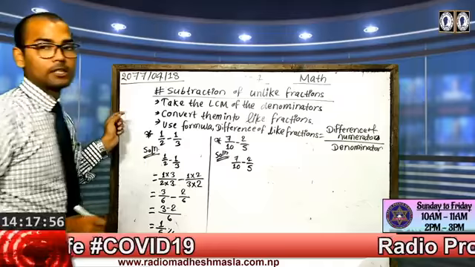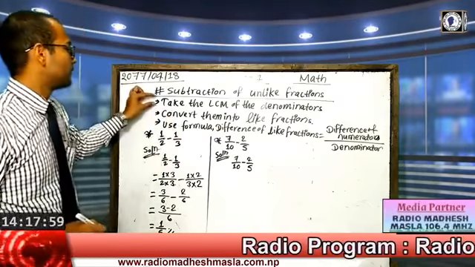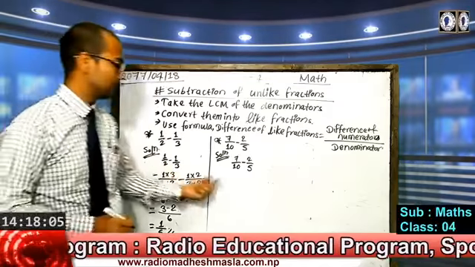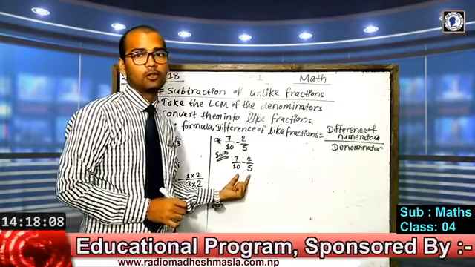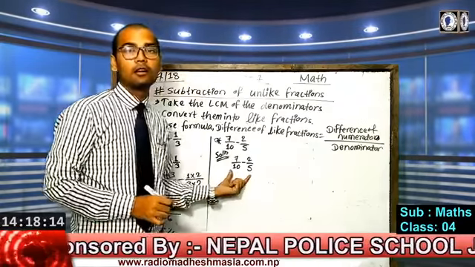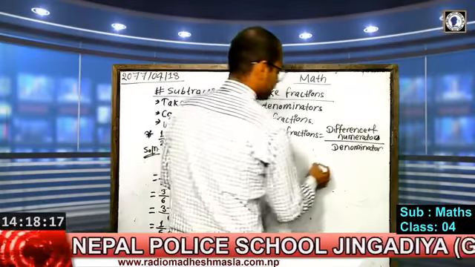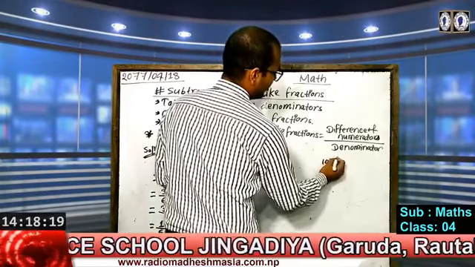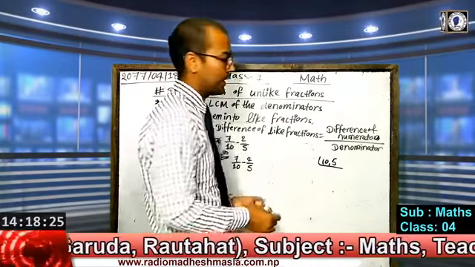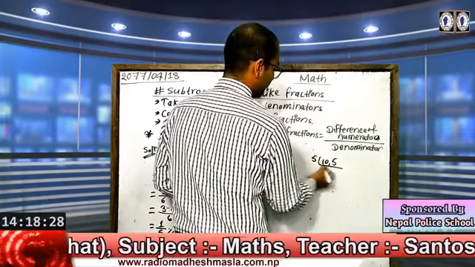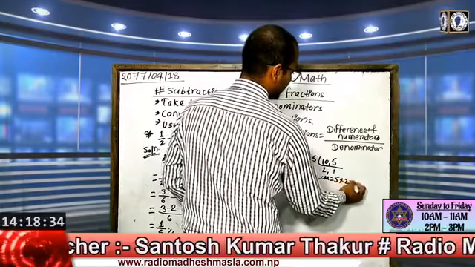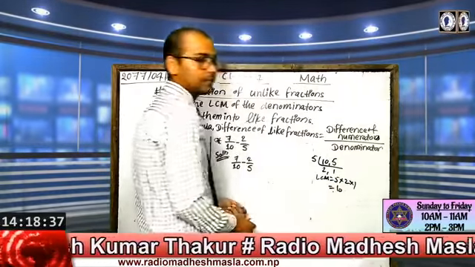In the same way, students, first we should take the LCM of the given denominators. So what are the denominators? 10 and 5. At first we need to find the LCM of these two denominators because they are unlike fractions. So here 10, 5. Both numbers can be divided by 5, so we divide by 5 first. 5 2s are 10, 5 1s are 5. The LCM is equal to 5 into 2 into 1, which is 10. So our LCM becomes 10.